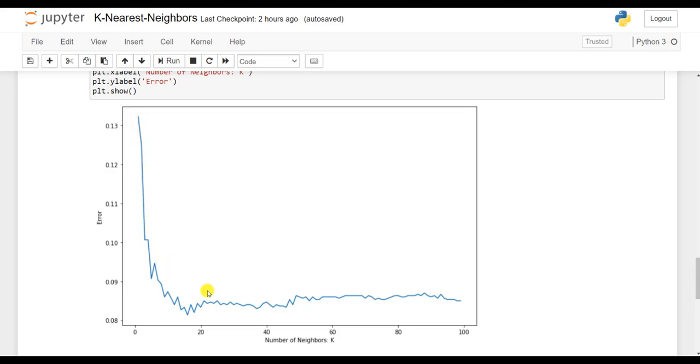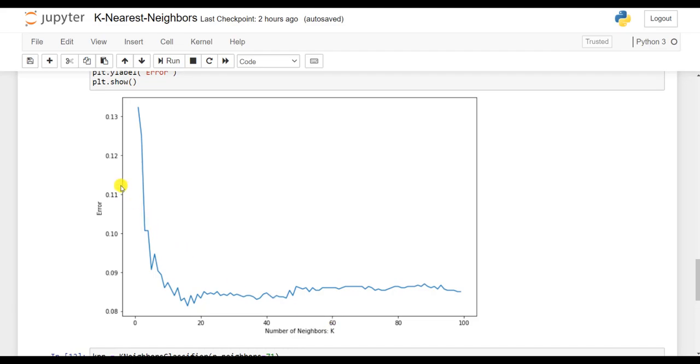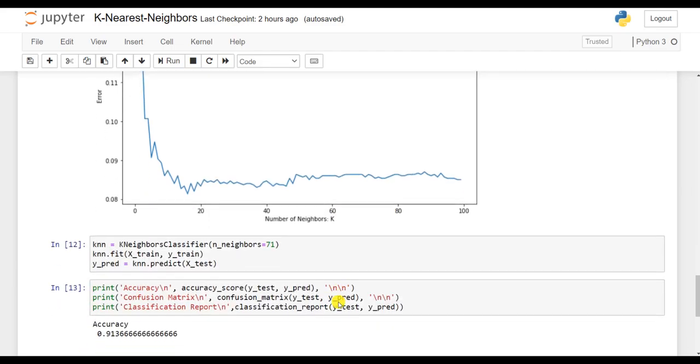So as you can see here, as we increase the k value, the error rate has been decreasing, and the error rate lies somewhere between 60 to 70, but you can either choose this value also, but I don't want the model to be overfitted. So I just took a value from 60 to 70, and I took the value as 71. So remember that we need to choose an odd number, right? So for that I chose 71.